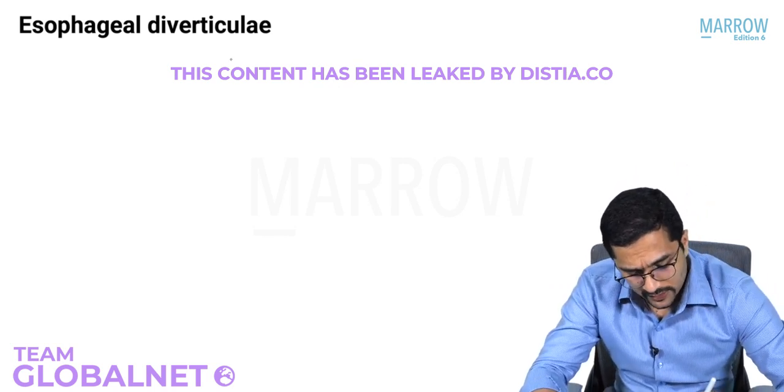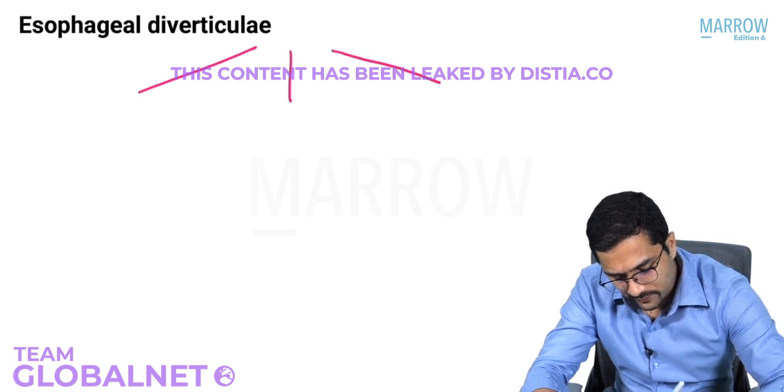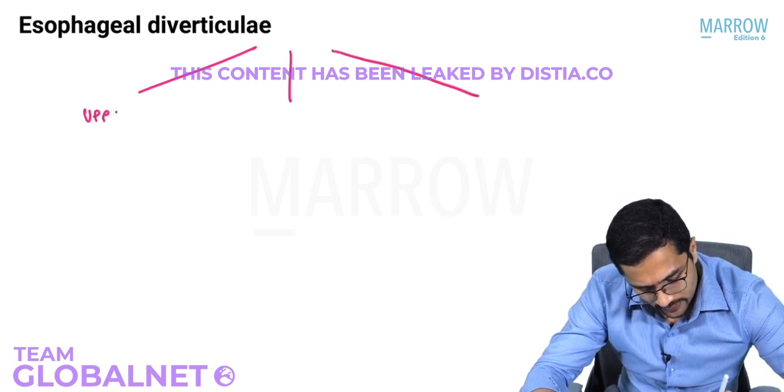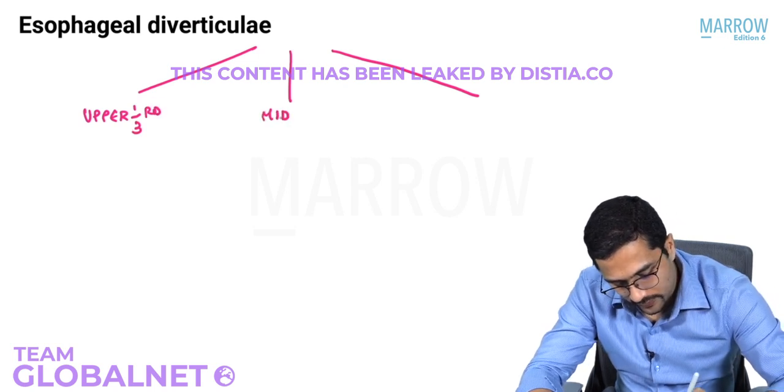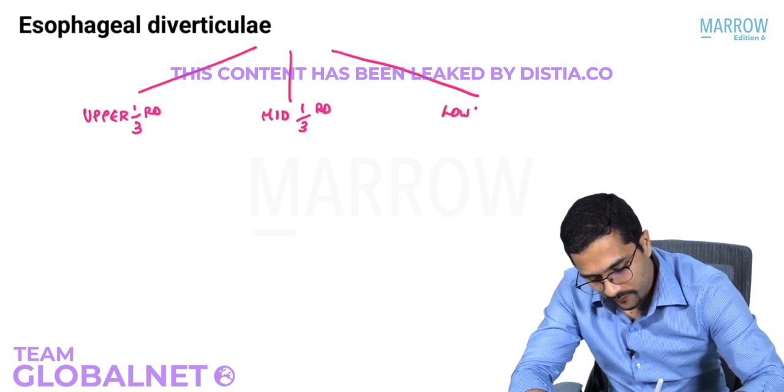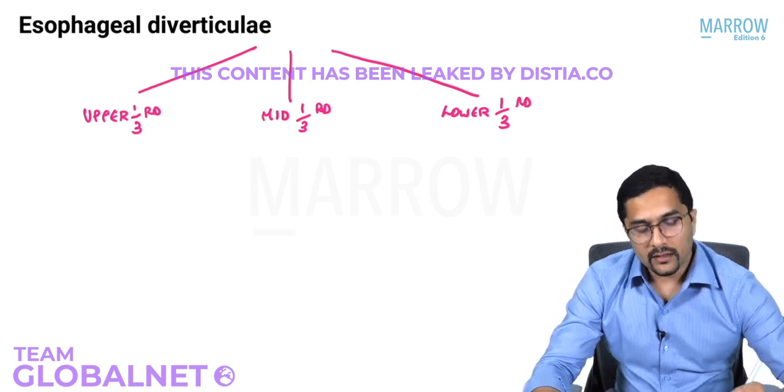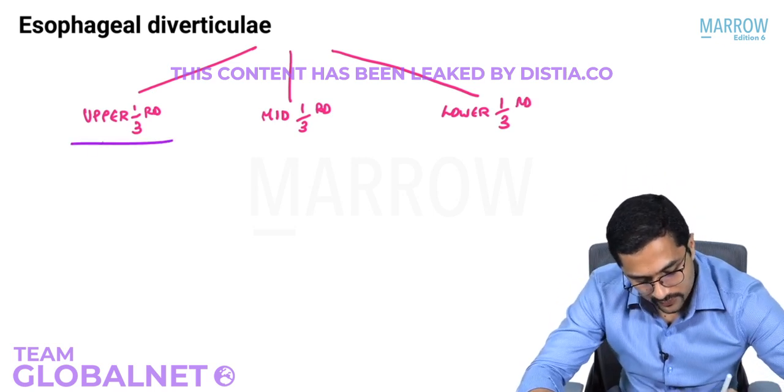Now, esophageal diverticulae can be of three types. You can have diverticulae in the upper one-third, you can have diverticulae in the middle one-third, and you can have diverticulae in the lower one-third. The upper one-third diverticula is known as Zenker's diverticula,